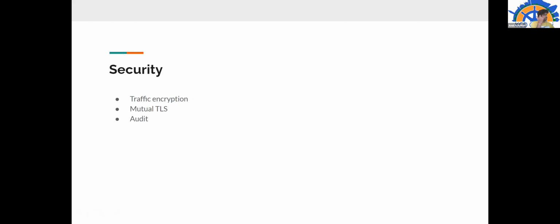Now, the second thing which Istio provides is security, and this is the most important area which most of the industry looks into, which is supported out of the box inside Istio, namely traffic encryption. So all the data going along the wire is encrypted, and it also supports authentication and authorization through mutual TLS.